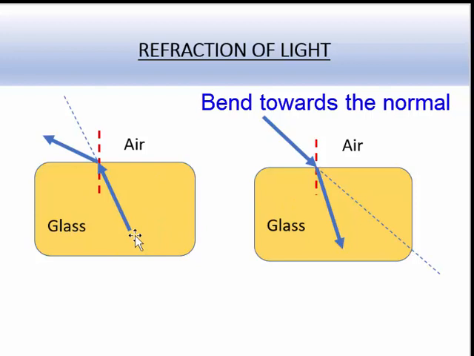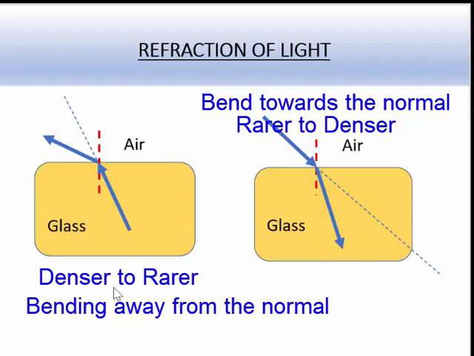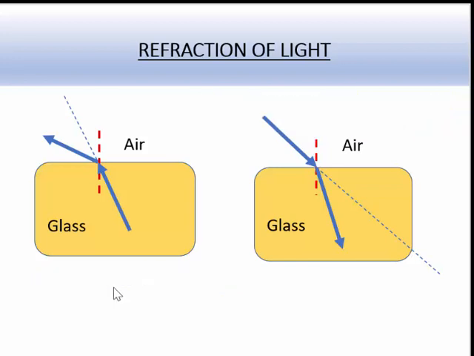Look at this diagram. Now here the light is traveling from the medium of glass to the medium of air. So it is going to be bending away from the normal. So now in this case, we understand that whenever a light ray travels from a rarer to a denser medium, it is going to bend towards the normal. Whereas whenever the light ray is traveling from a denser to a rarer medium, it is going to be bending away from the normal. This bending of the light towards and away from the normal is mainly because of the change in the speed of the light.